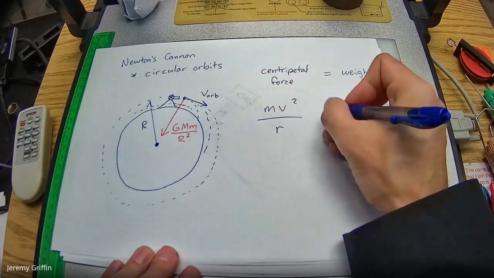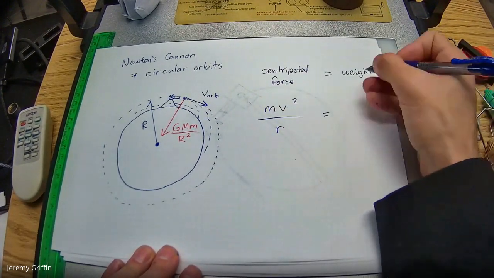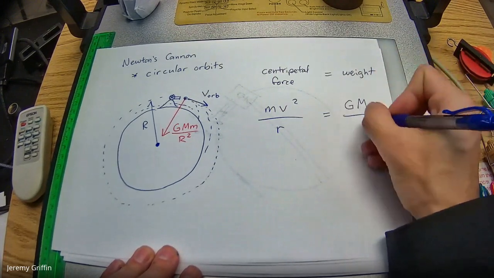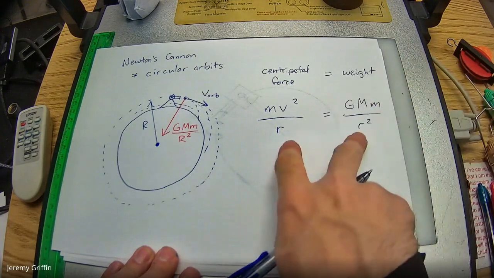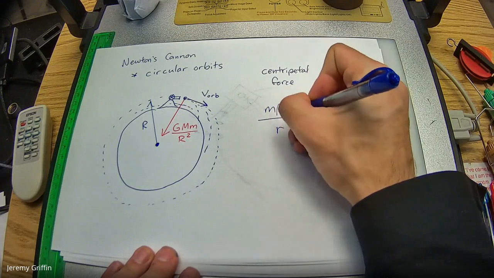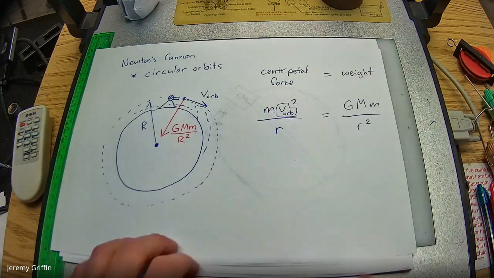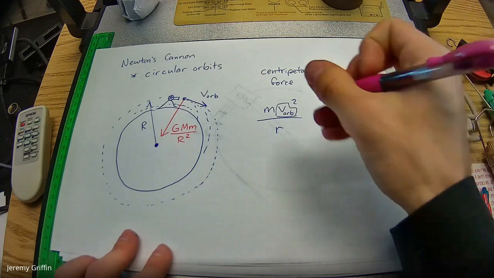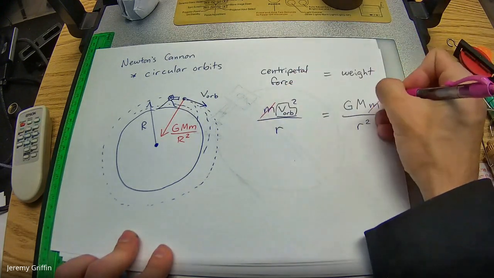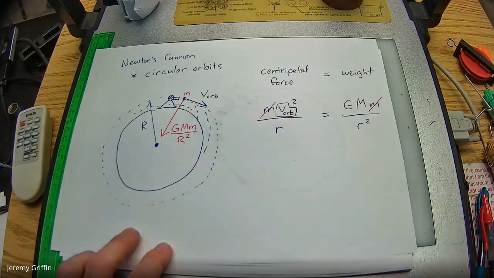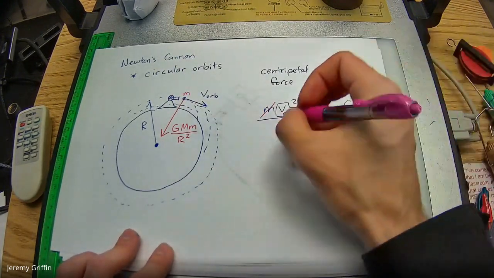And if that's being provided by a weight, and remember, our new way of thinking about weight is the universal form, GMm over r squared. If those are equal, then we'd be solving for a circular orbital velocity, and that's what we're going to do right here. What do you guys see is going to cancel out on both sides? Yeah, I see that. The little m is going to cancel out. Remember, that refers to maybe the mass of the cannonball or the mass of the satellite when we get to it. Also one of the r's.